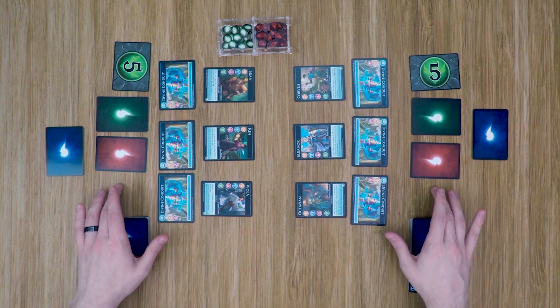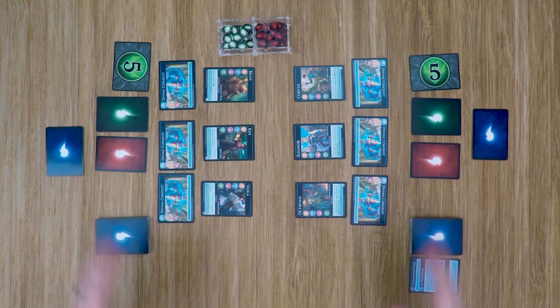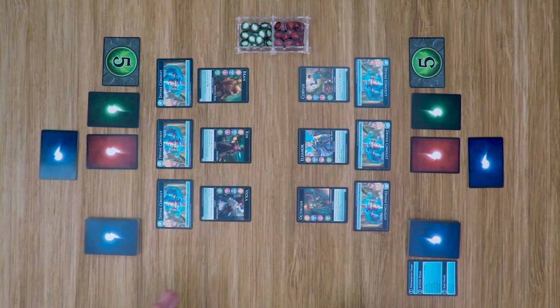If either of these conditions is met, then the other player is the winning player. And if both players eliminate the opposite's deity at the same time, then it is the active player that wins the game. Moving into the game, starting with the first player, he's going to go ahead and start his turn